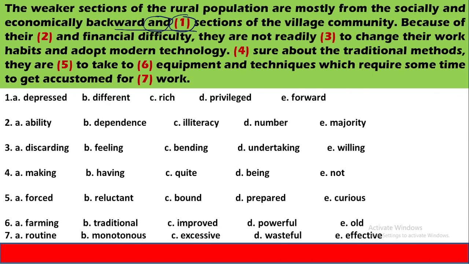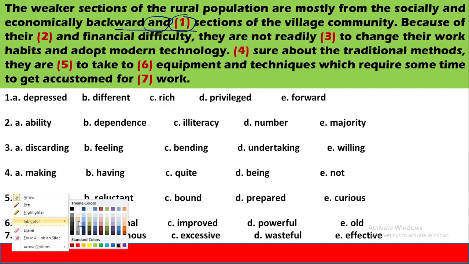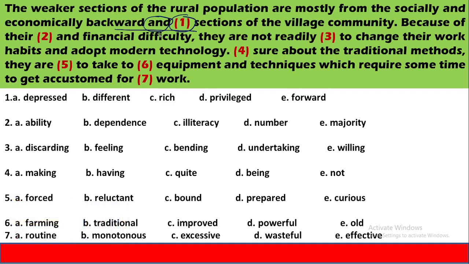These are the options on your screen for the first blank. We have to pick a word from among the given 5 words. As I already told you, remember, both the words should be of the same nature, same directional words. So here backward is a negative word, so we will definitely look for negative words, because it is the tendency of 'and' that it joins words which are of the same nature or of an equivalent level.